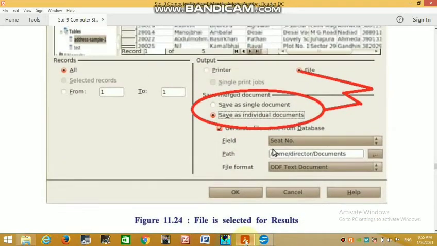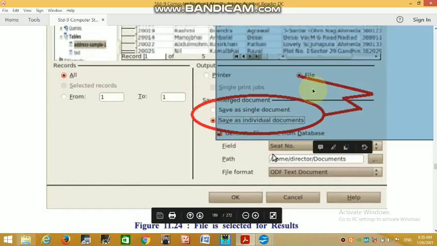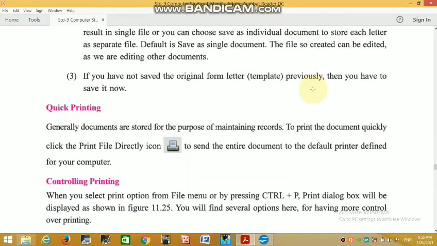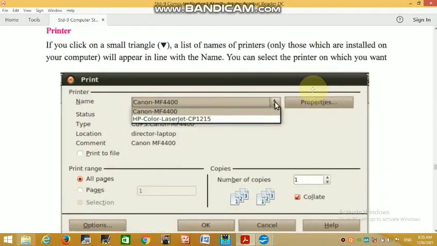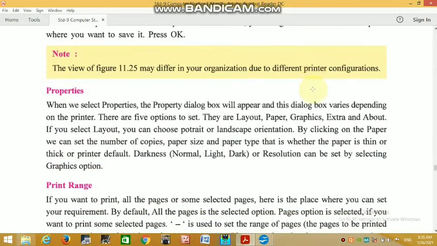See this, save as individual. We can save all documents as individual files with the help of this option and make 4 individual files, and you can make 4 individual printouts also.